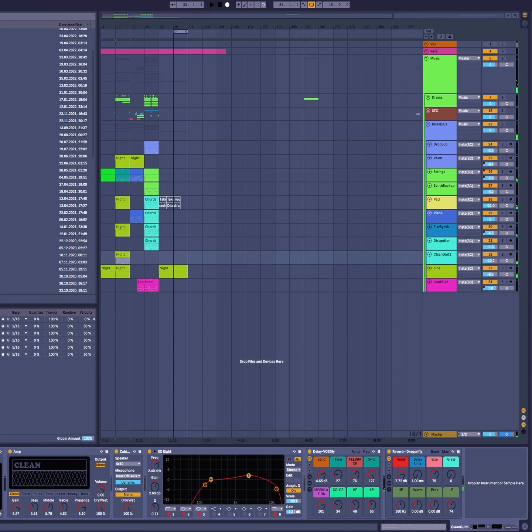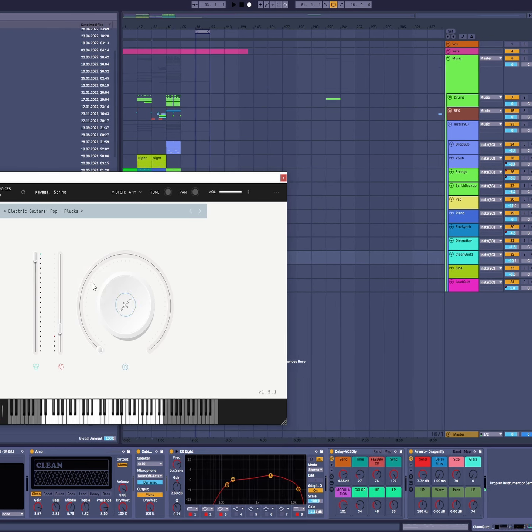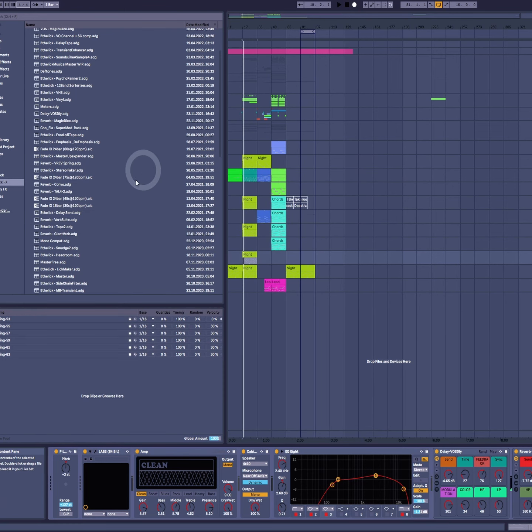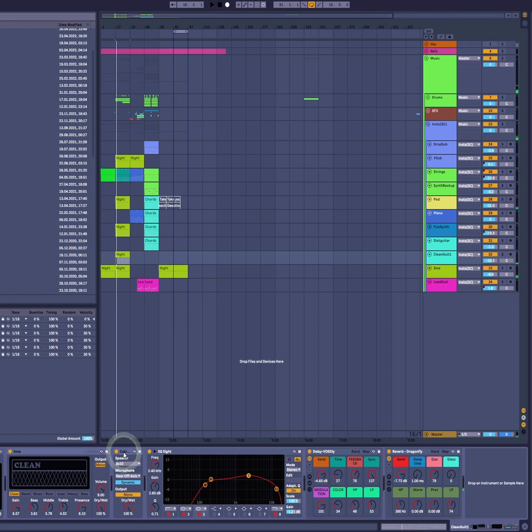If you want to look at the sound, and again, I'm using free software here. This is Spitfire Audio Labs, and it's from the electric guitars Pop Plux sound. I think I've turned down the second slider here because it was too harsh when it was high. That's just going through one of Ableton's built-in amplifiers, and again through our favorite delay and reverb. That gives us